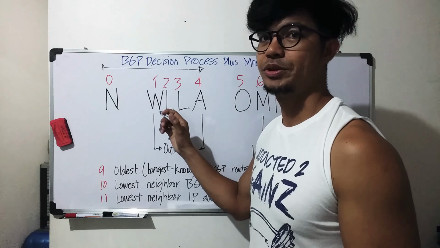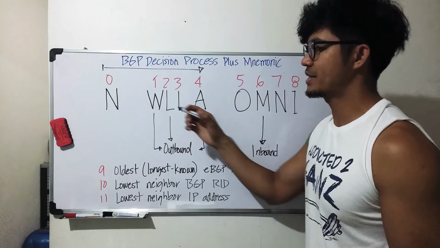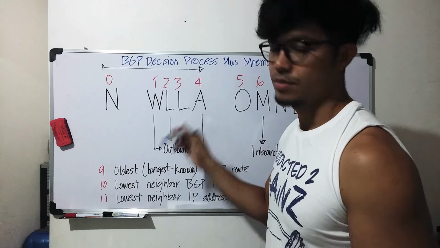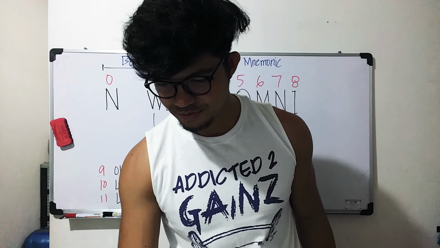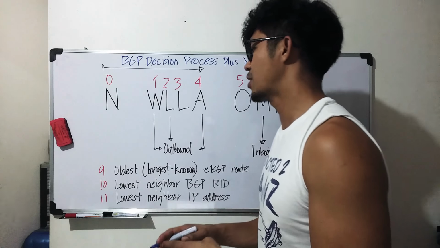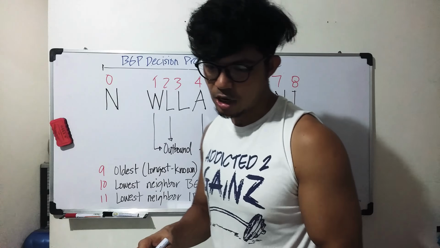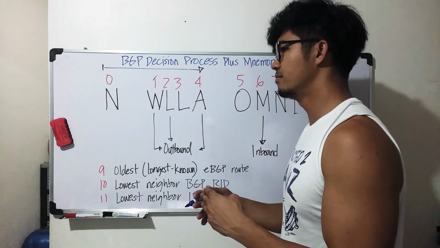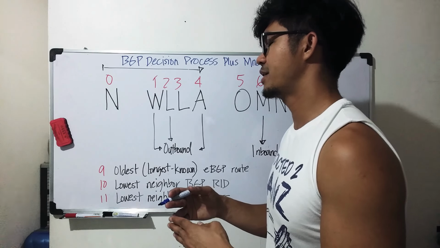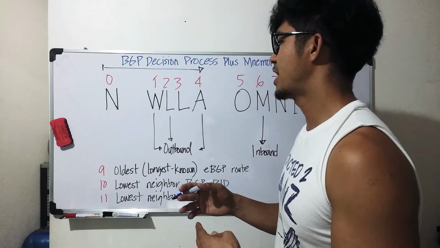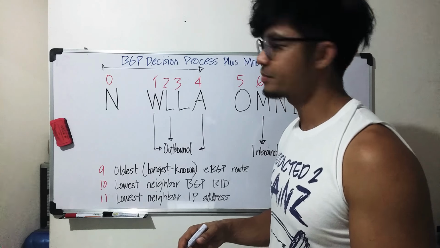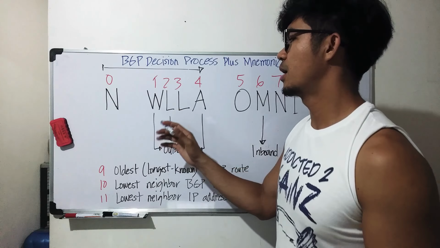Let's talk about W, which is for wait. The default value for learned routes is 0, but the default value for locally injected routes, which are the routes locally injected using the network command statement, is 32,768. So wait, bigger is better,